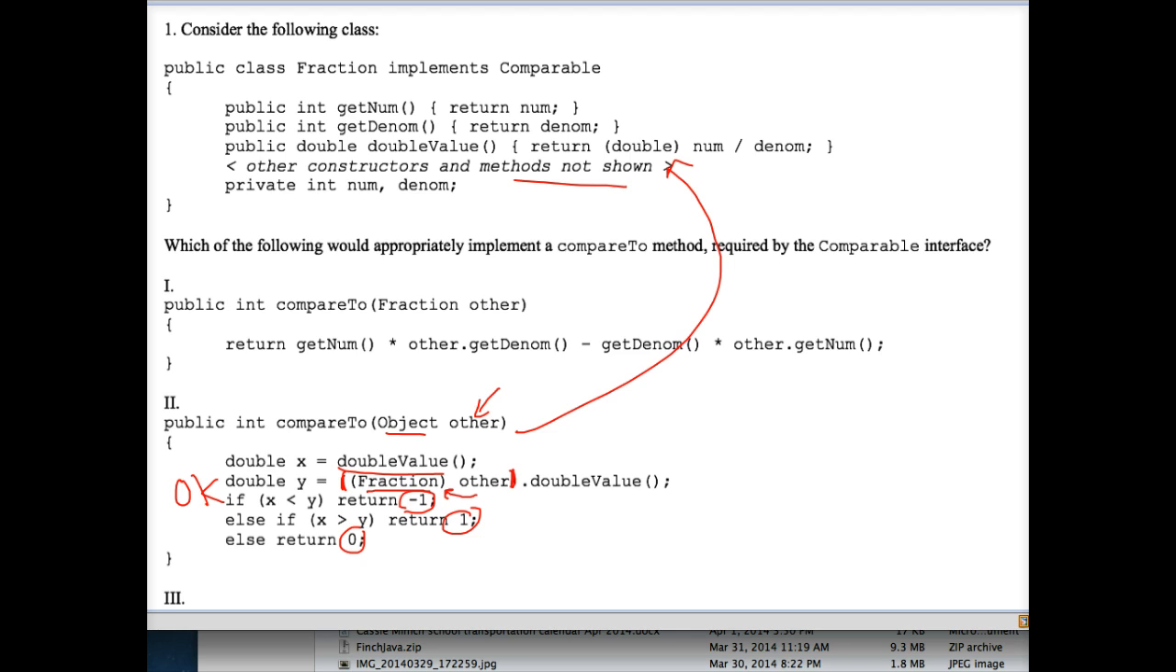Now, why does Roman numeral 1 not work? Well, I'll tell you, because this needs to be the word Object with a capital O. When you implement and override the compareTo method and type it out in a class like Fraction, you must include the line of code, start with the line of code public int compareTo(Object